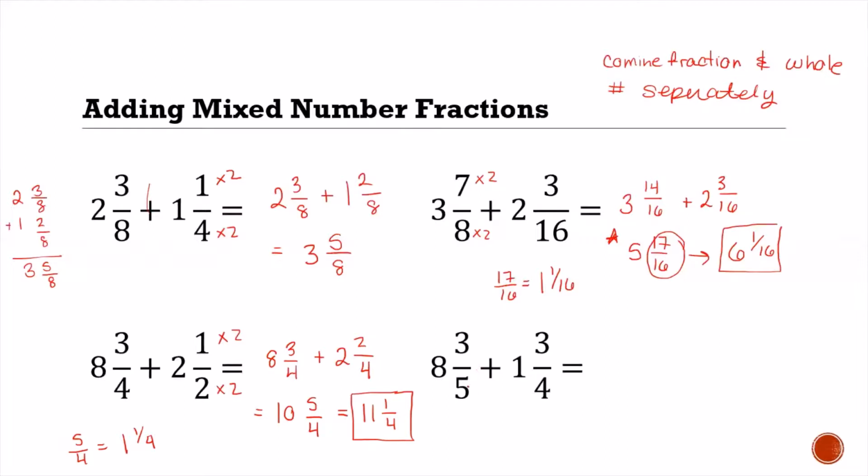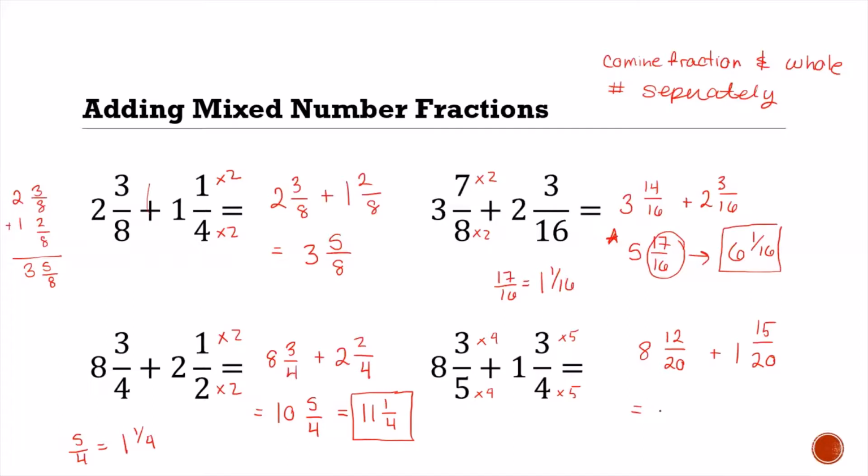And then the next one, 8 3/5 plus 1 3/4. Common denominator in this case would be 5 times 4 is 20. So we're going to multiply by 4 and change both of them. And we'll multiply this by 5. So our new fraction is 8, 3 times 4 is 12, 20ths plus 1 15/20